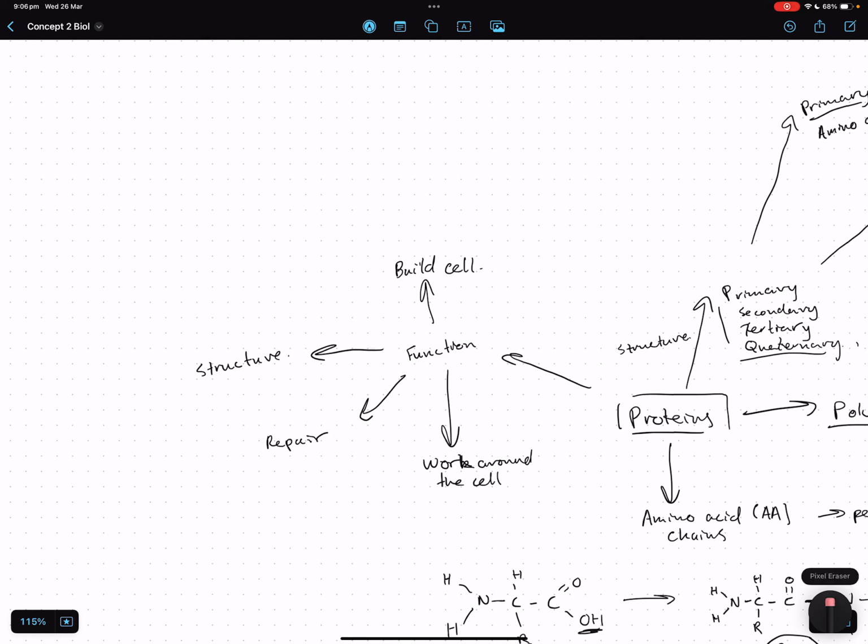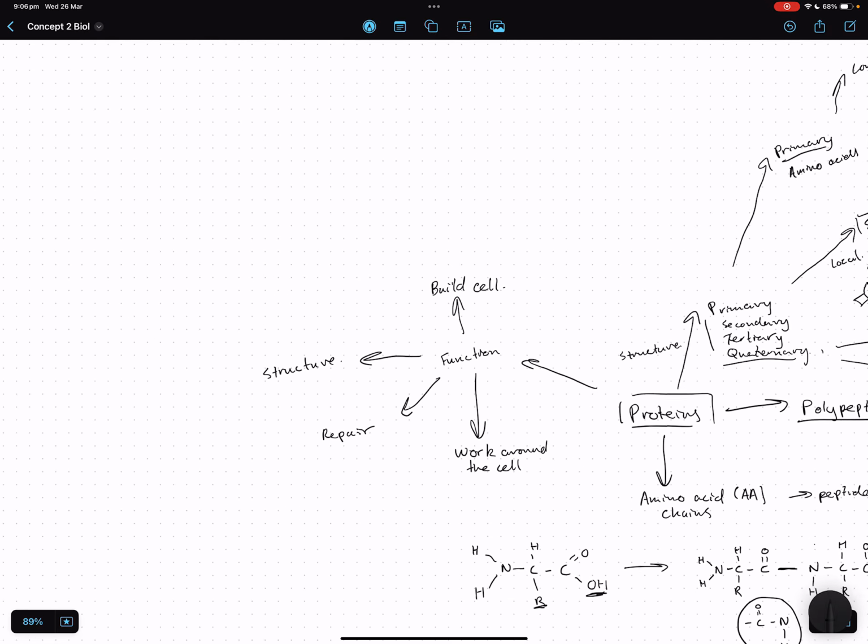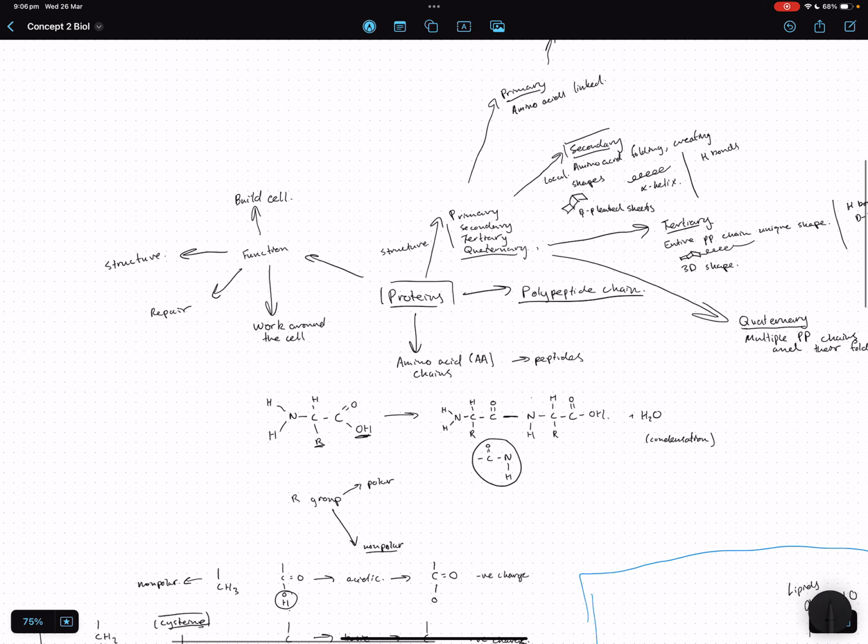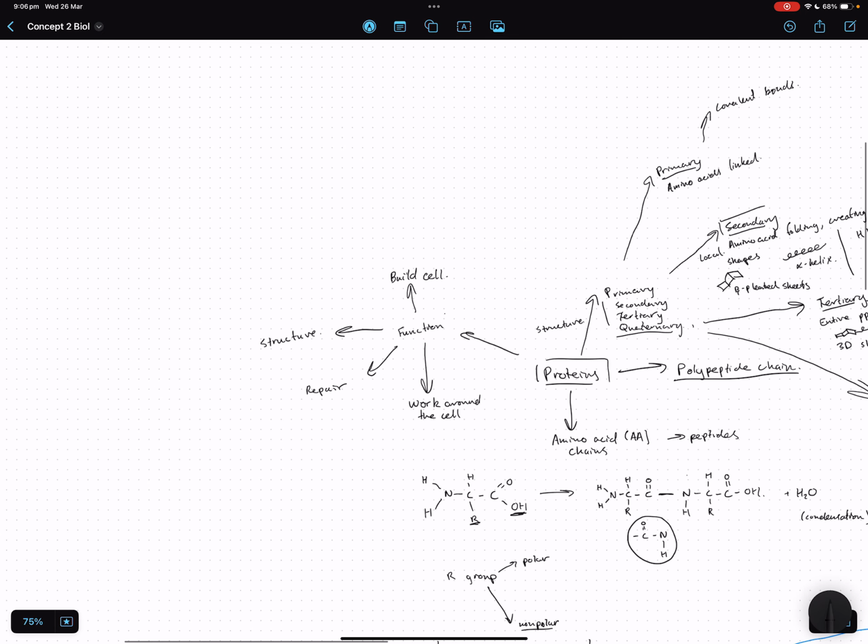You can have motor proteins that deliver certain compounds around the cell. It's a very broad sort of thing. They can deal with transport too. It's a lot of stuff that a protein can do. Yeah, I think that's